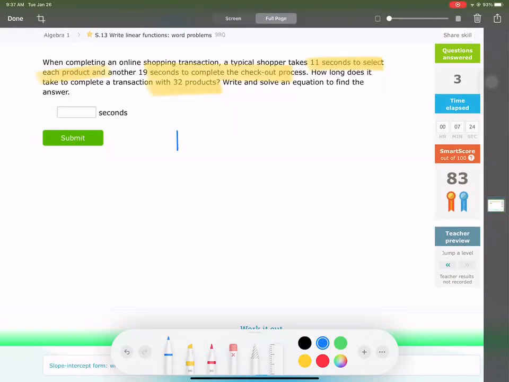So we have 11 seconds per product. I'm going to use the little p. Plus 19 seconds for checkout. Gives me a total of time I need. How long does it take to complete the transaction process? Okay, so T is my total time,